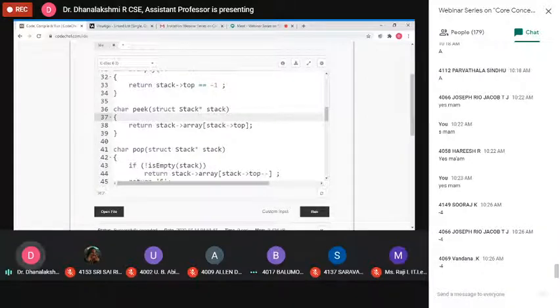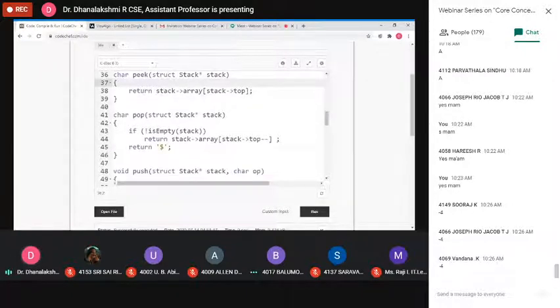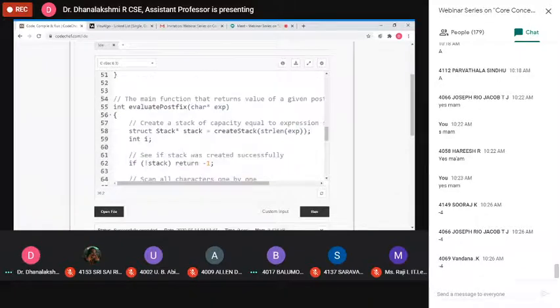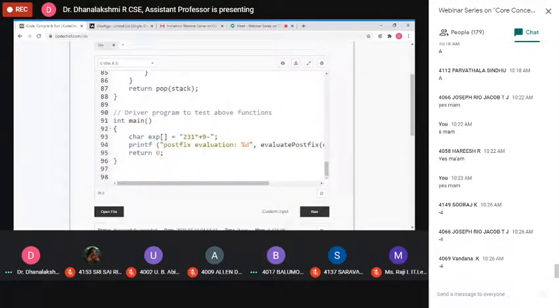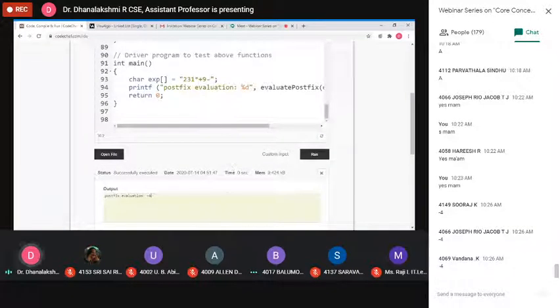Here we need the peek because once the operator is found, we pop the element. For popping we need to use this peek function, or if you want to print the top value, you can use this peek. Yeah. Next one.